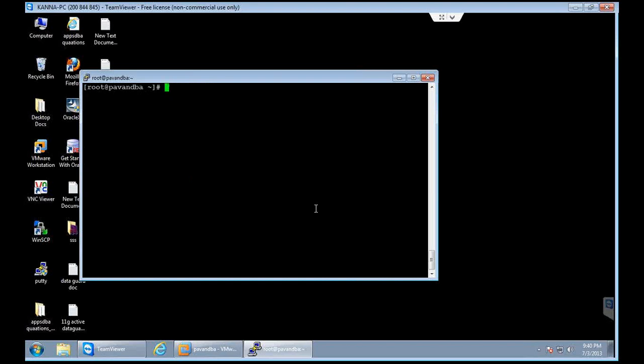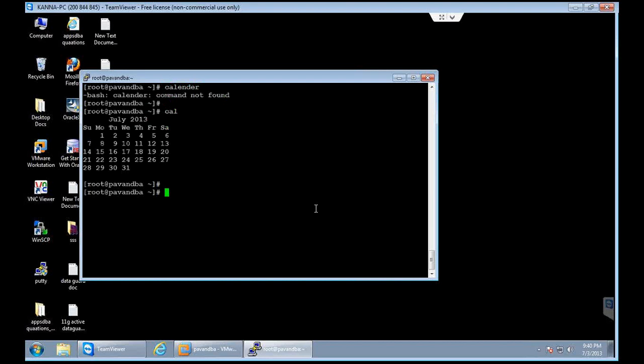And then let us go and see the next command, that is cal. Even though this is a very simple command, cal is nothing but calendar. When you type cal, it is going to show you the calendar of the current month.